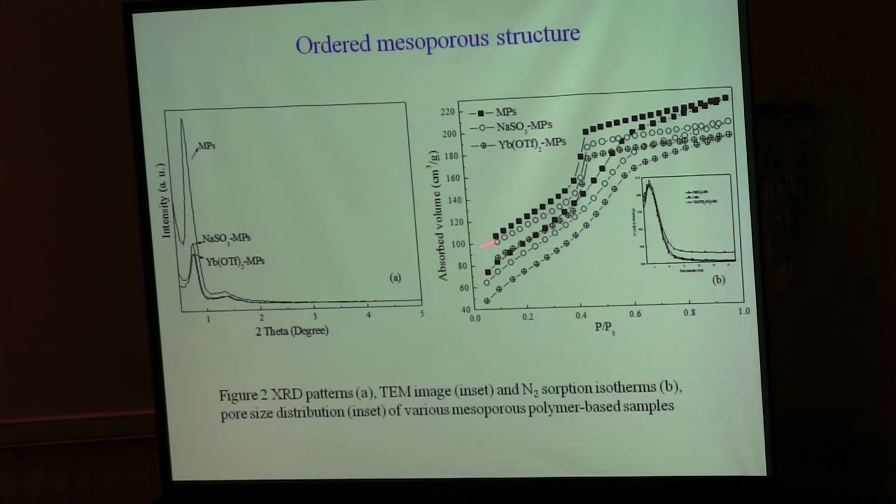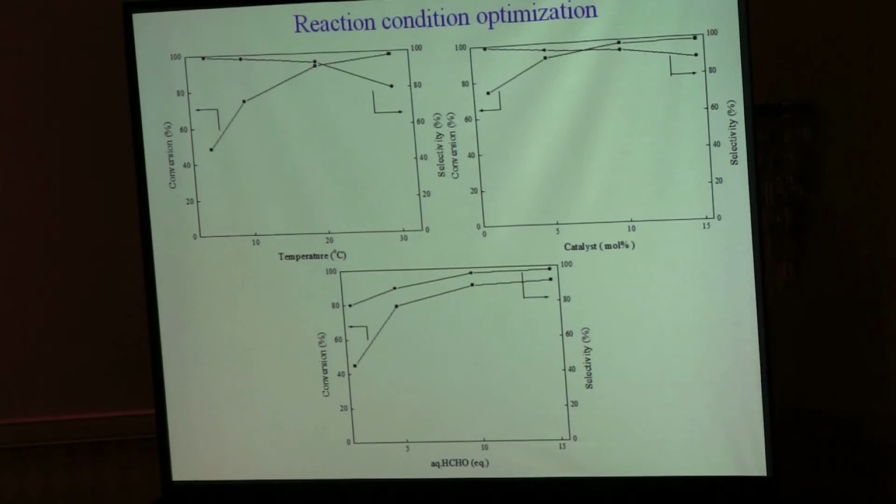Even for the polymer, we can get the ordered mesoporous structure. And we did reaction condition optimization and determined the reaction conditions. We ran the same reaction as with the silica, and the reaction temperature is 20 degrees, and the catalyst loading is